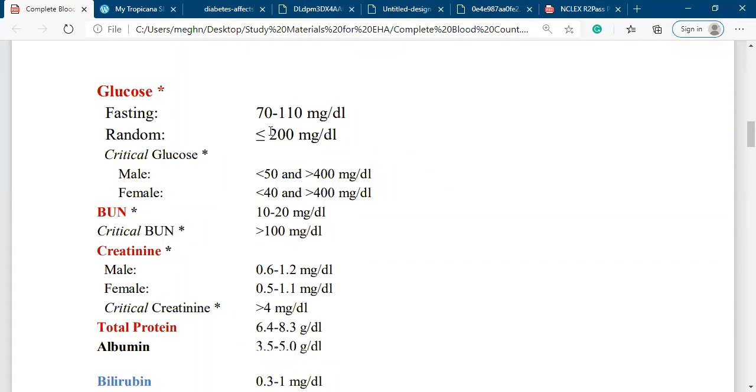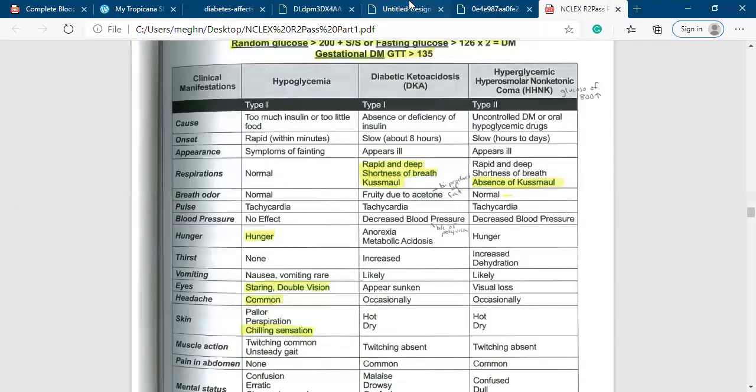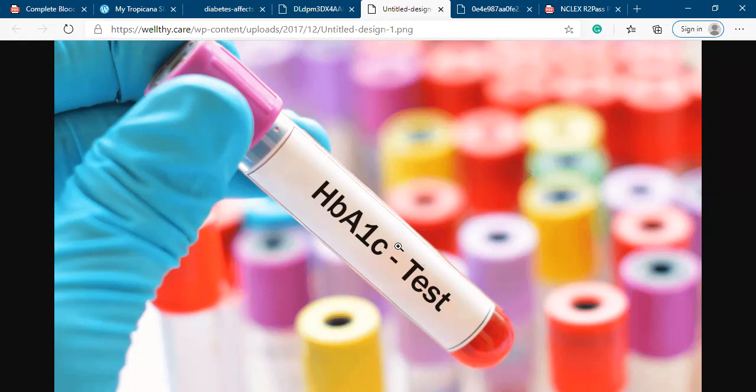Another test we have to do is called the glucose tolerance test. Glucose more than 200 milligram per dL with an oral glucose tolerance test, called OGTT. If it is more than 200, we can say the patient has diabetes. But how do we confirm our patient's diagnosis? By checking the hemoglobin A1c. Hemoglobin A1c is the best indicator for the treatment